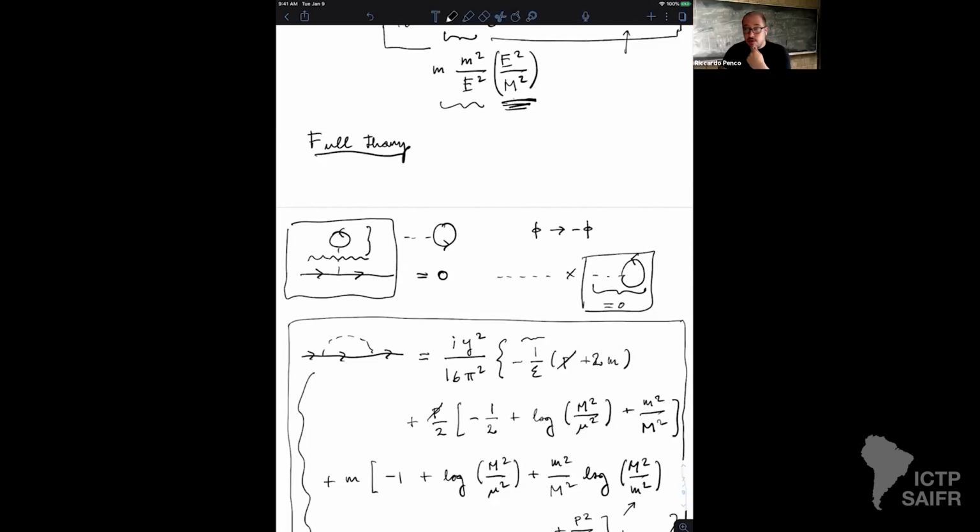Yeah, so then exactly the same ideology applies, meaning if you are at energies below the mass of your chiral fermions, you cannot produce them, and therefore you can integrate them out. And in fact,